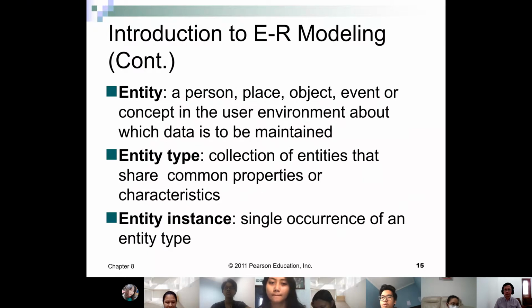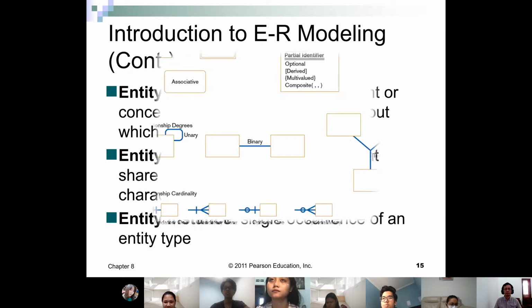I will not go into detail on entity relationship because it will be covered in depth in the elective subject, database management system. Okay, you can pick that elective if you are interested in database management system.